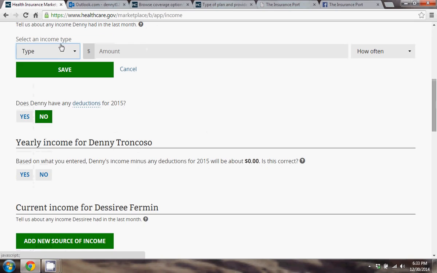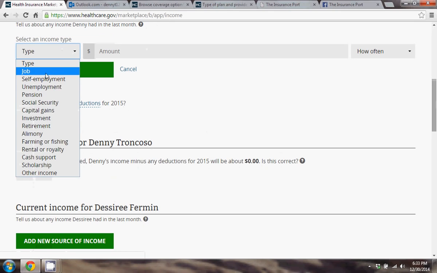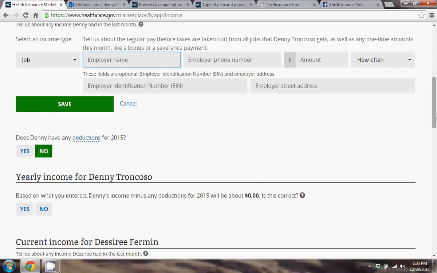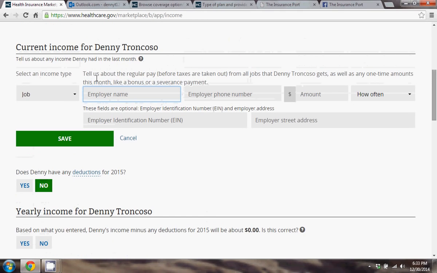So you're going to add a new source of income and you're going to select what kind of income you are receiving. And then you're going to put a job, and then here you're going to tell us about the job. So you need your employer's name. So I'll put that here. Publix. You need the phone number